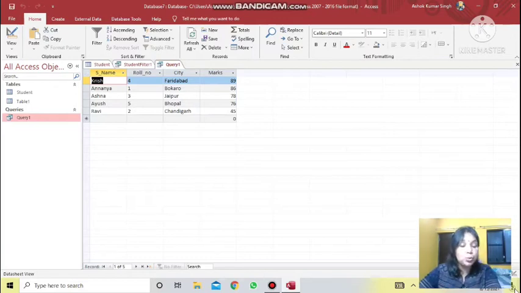So this student table will behave as a parent table where every new entry is done first, and the marks table where entry is done afterwards will be treated as the child table. In the student table, the roll number will be the primary key, and the same roll number in the child table of marks will be treated as the foreign key. What will be the impact of that? Let me tell you first.